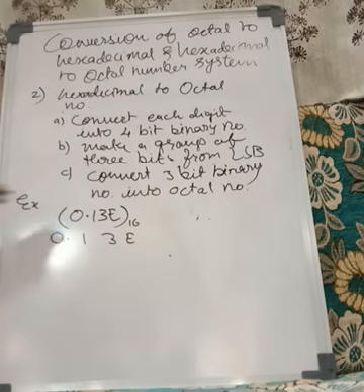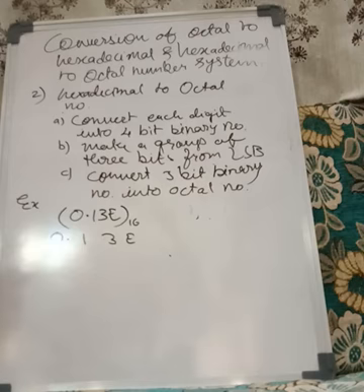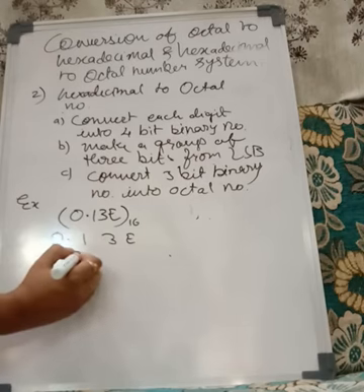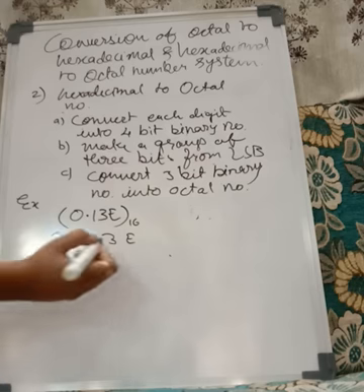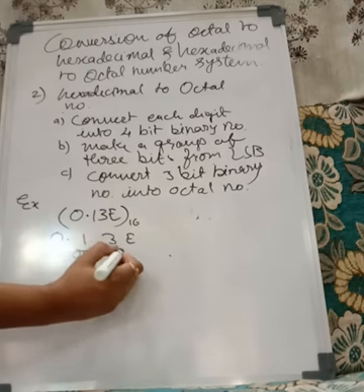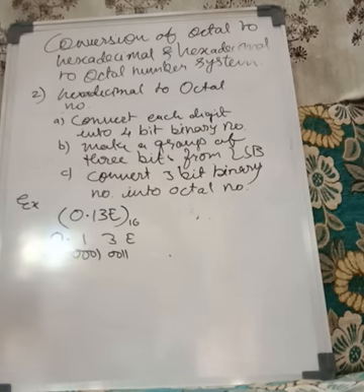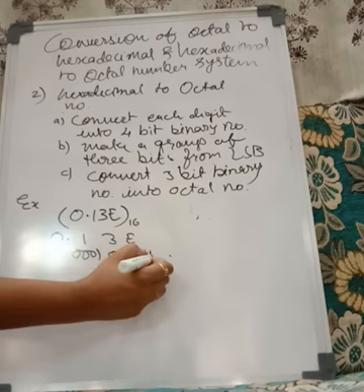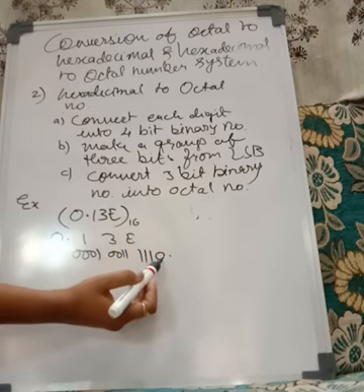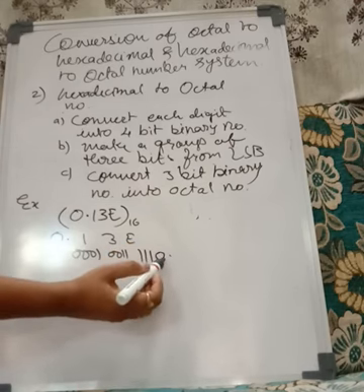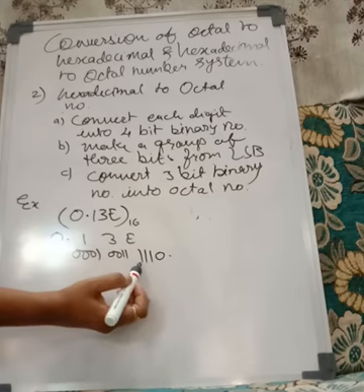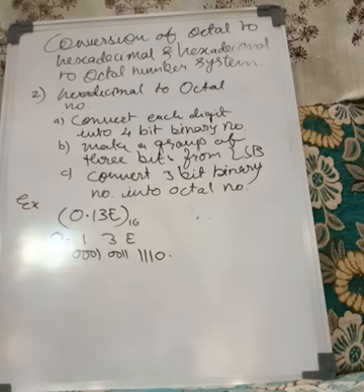Now I am going to write the binary number in groups of 4, that is 4-bit binary numbers. So this will be 0001 and this will be 0011, and e is nothing but 14, so it will be 1110. See, 2 to the power 0, this term will be 0. This will be 2, 4, 8. 8 plus 4 is 12, plus 2 is 14. So e will be represented as 14.